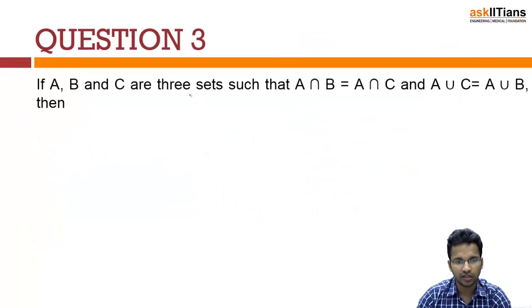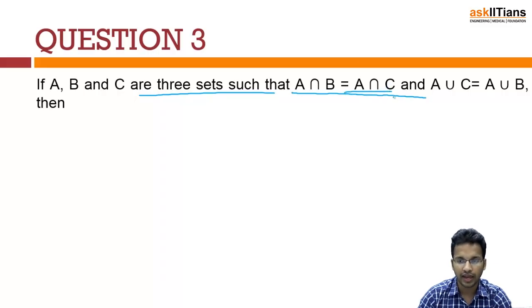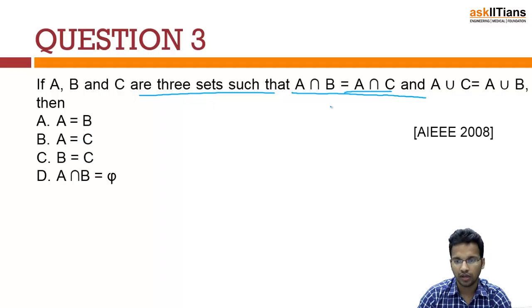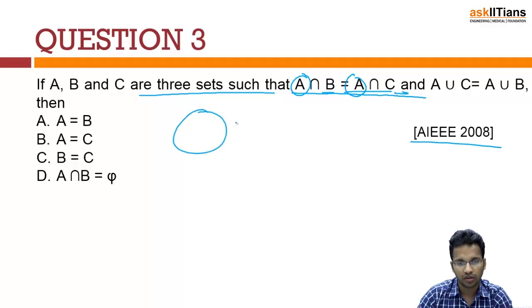If A, B and C are three sets such that A intersection B is equal to A intersection C and A union C is equal to A union B, then B equals C. Now this was again from the same year itself. This is a very easy question to understand. There is a set A whose intersection with the other two sets is also the same and the union is also the same. Means what I am having,